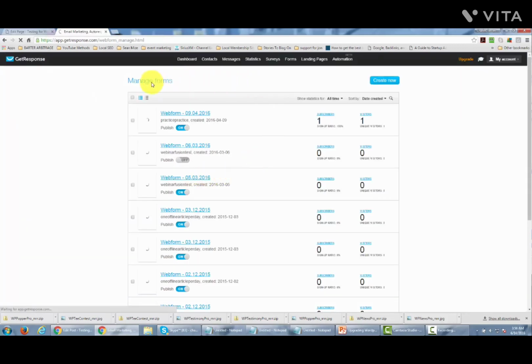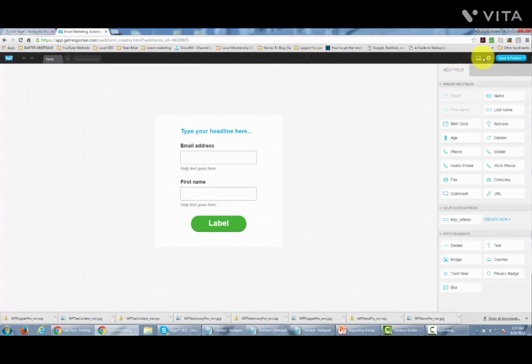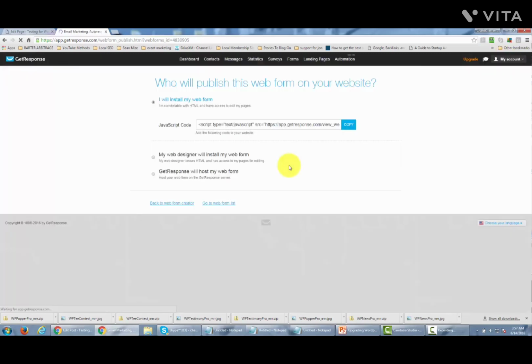Okay, so hopefully you already know how to create a web form inside of your autoresponder. We're not going to do that right now. We're just going to show you what to do with the web form. So we're going to get the actual HTML form, and then we are going to save and publish it. And then we can get the JavaScript in order to put inside of our WordPress membership. We're going to copy it,